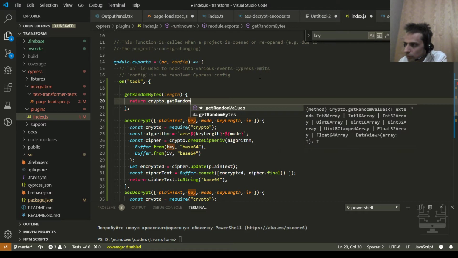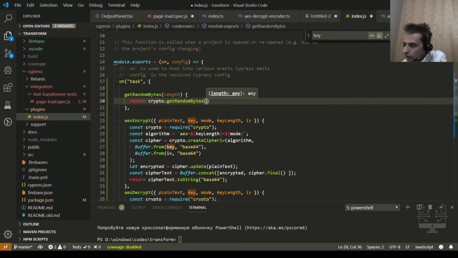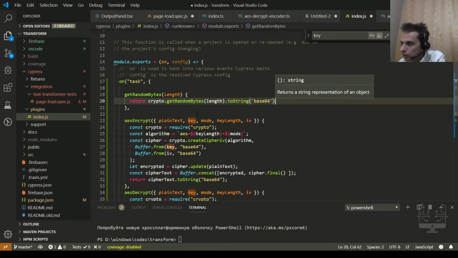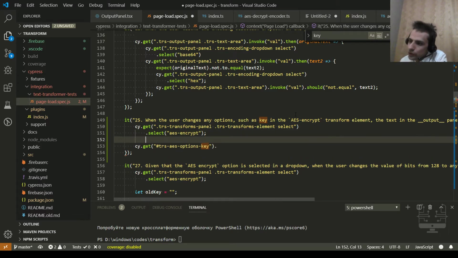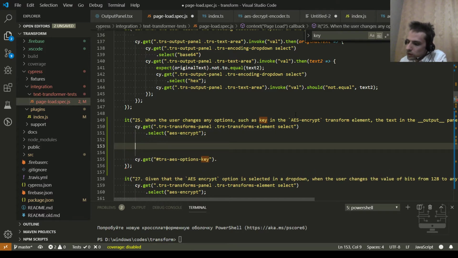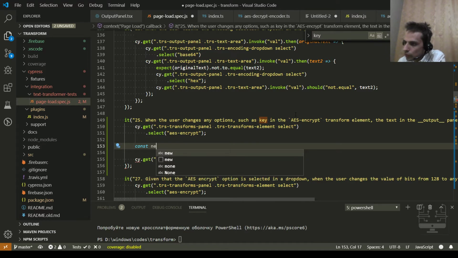Get random bytes, I think it should be, and length. And then toString base 64. So here we can get it, new key, right? Const new key equals,